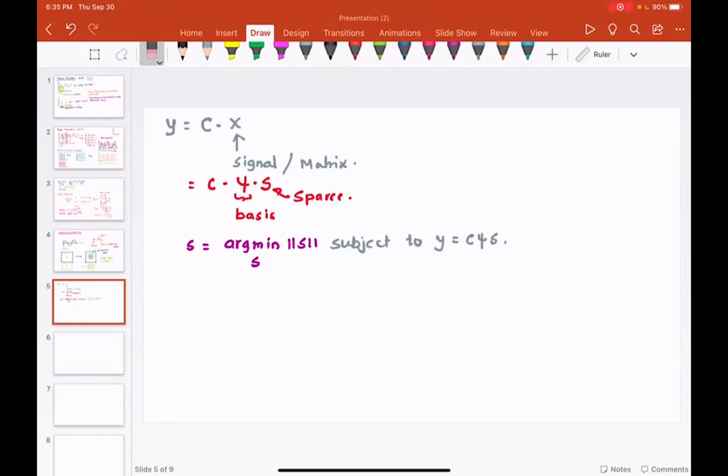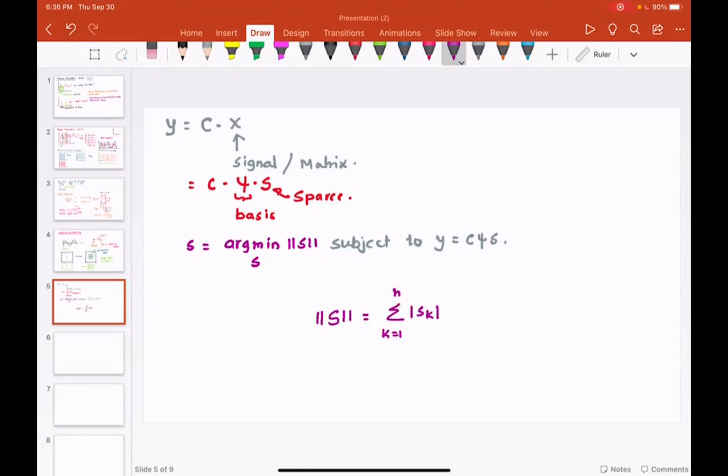Can you explain what argmin is? Argmin, yes, it's a norm. Let me, actually, you're right, I should give you the definition of that norm. I think I just explained it to you. That is called the taxicab norm. OK, and I will explain it to you. Argmin is the minimum.